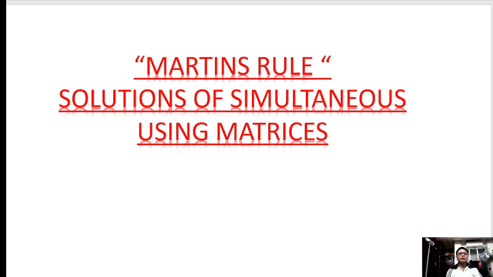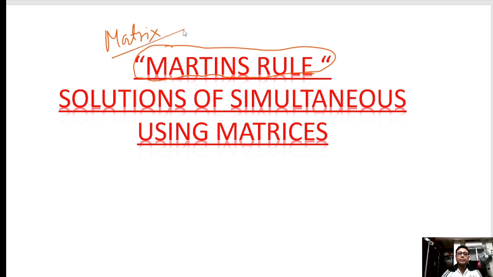Good afternoon friends, and welcome back again to another session of Mathematics class 12, and today we are going to discuss the matrix second part, which is about the Martin's rule. We have already uploaded the first part and this is the second part, that is the Martin's rule. We are going to study Martin's rule today. This is of the chapter matrix. We are dealing with the chapter matrix, class 12